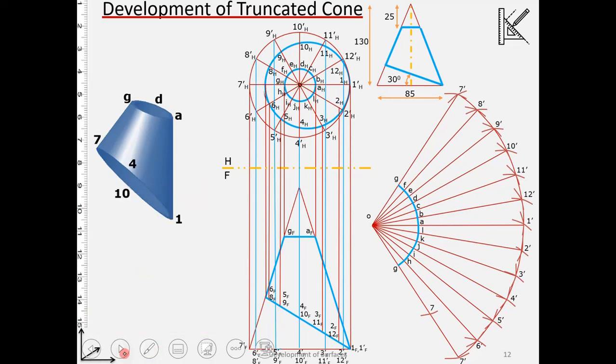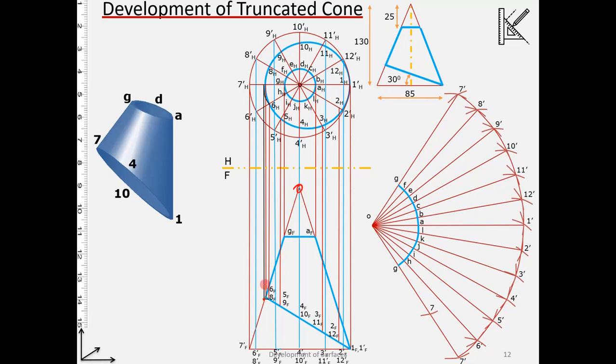So if I rotate, this 6 has been rotated. So the projection of 6O has now been made parallel to the frontal. And now from here the point has been transferred to the frontal, and now 6 will be shifting here. Okay, the 6 will be shifting in this direction, and let me show you where it will be. So this is where the 6 will be. So O6, that is now the true length.